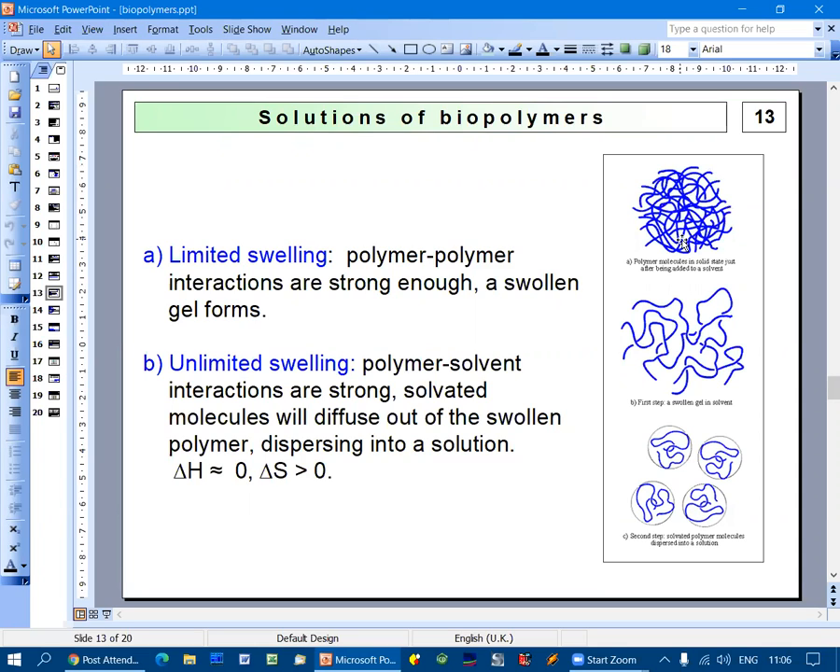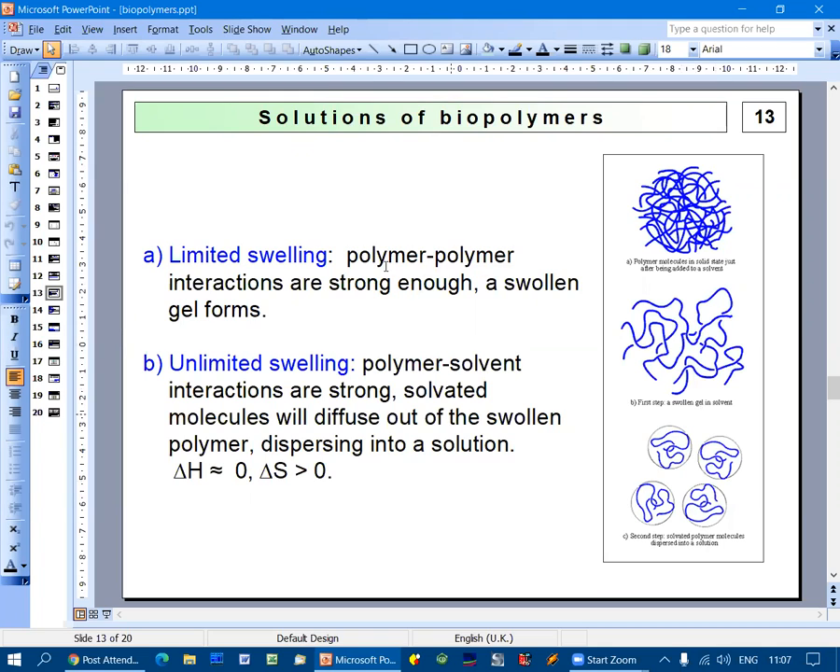But if a polymer-solvent interaction is stronger than polymer-polymer interaction, then these weighted molecules of protein will go into solution, and limited swelling will turn into unlimited swelling. You will get a solution. So everything depends on the nature of polymer and solvent,